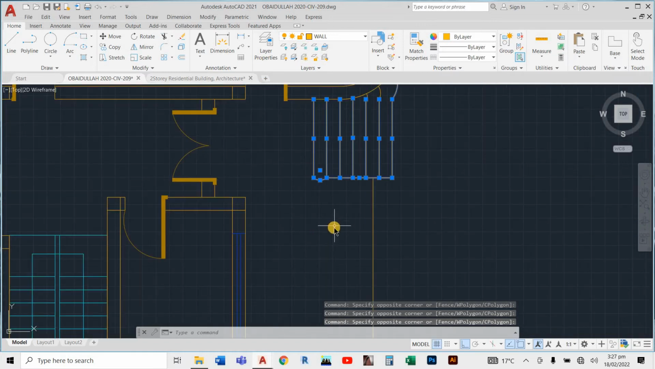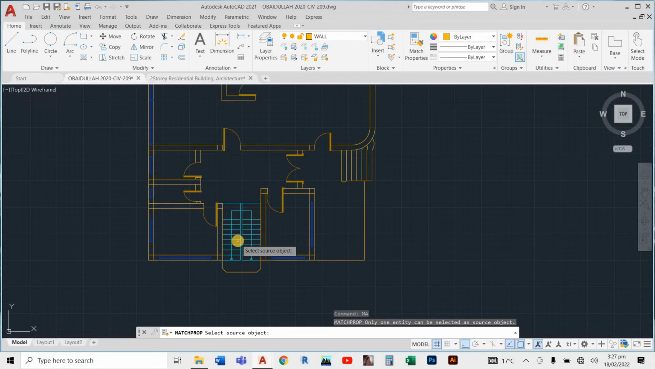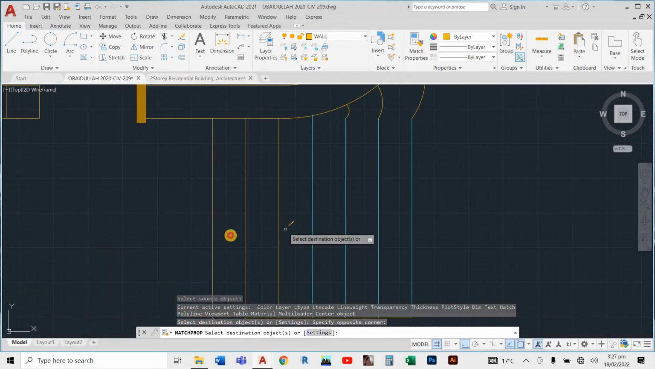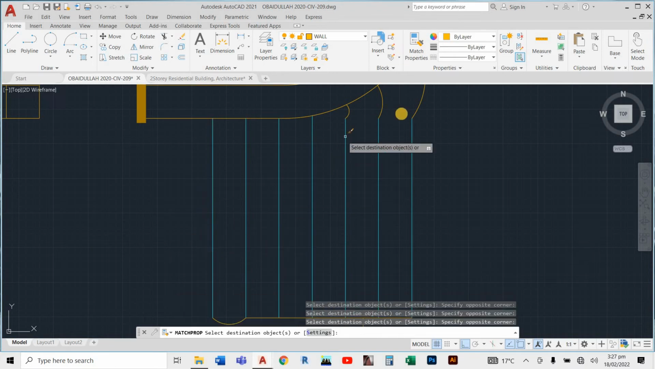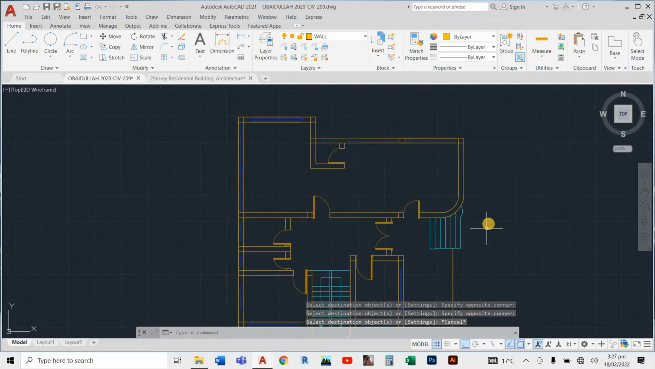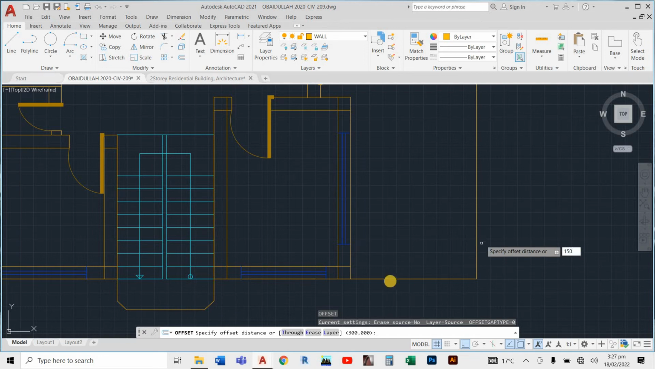You can use match property for this stair with all of these lines. Then here also we can get an offset of 150,